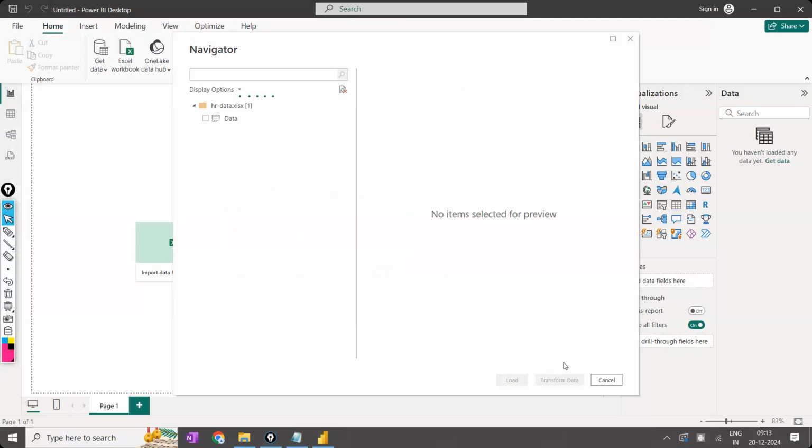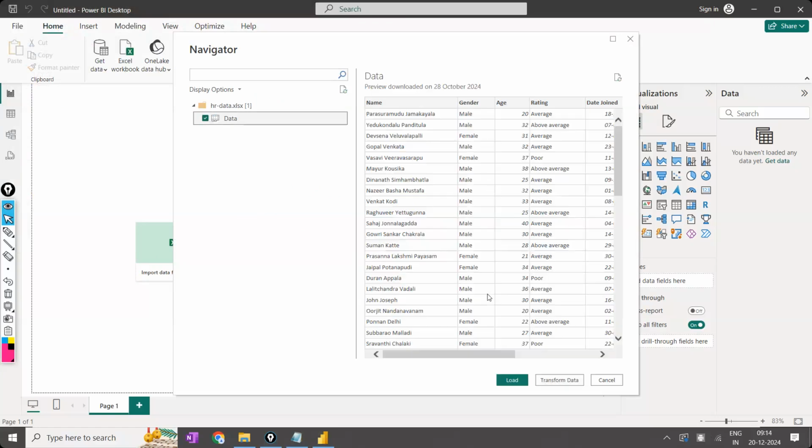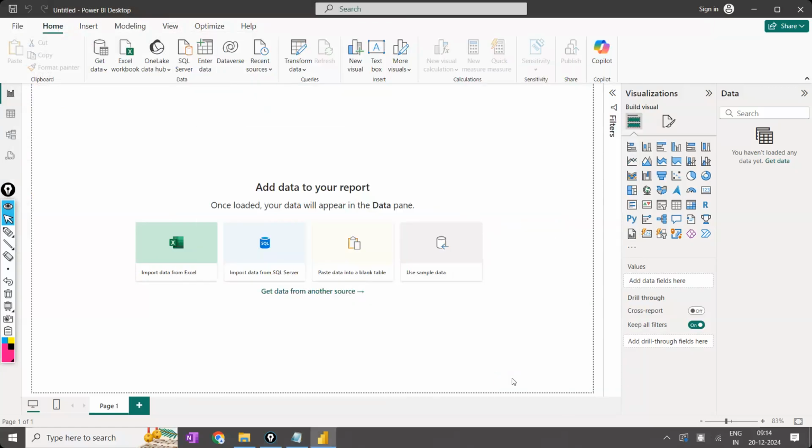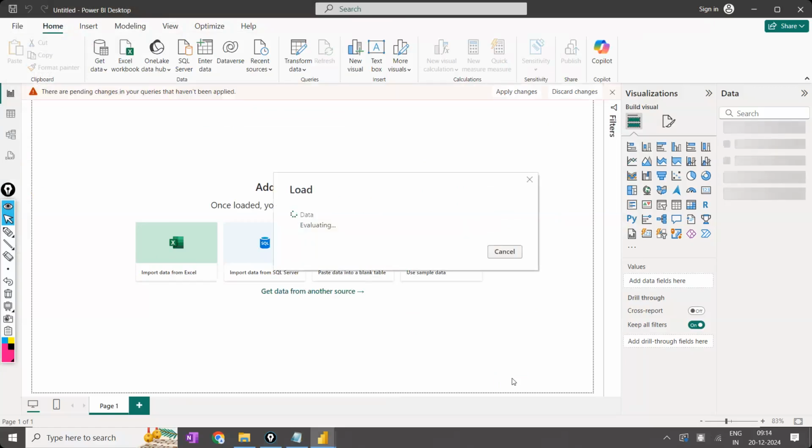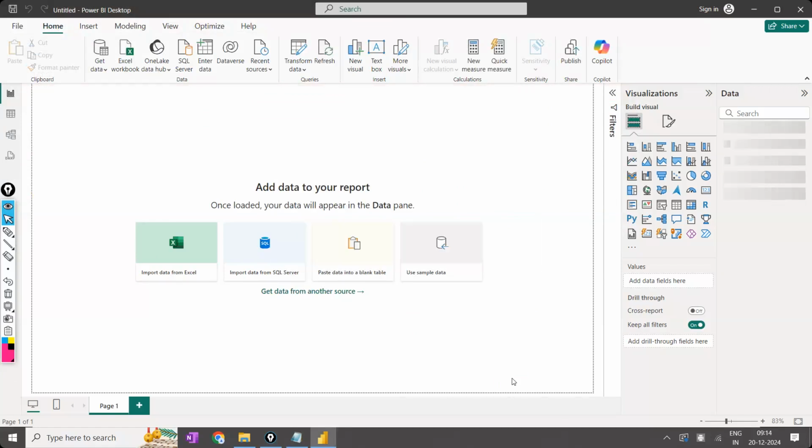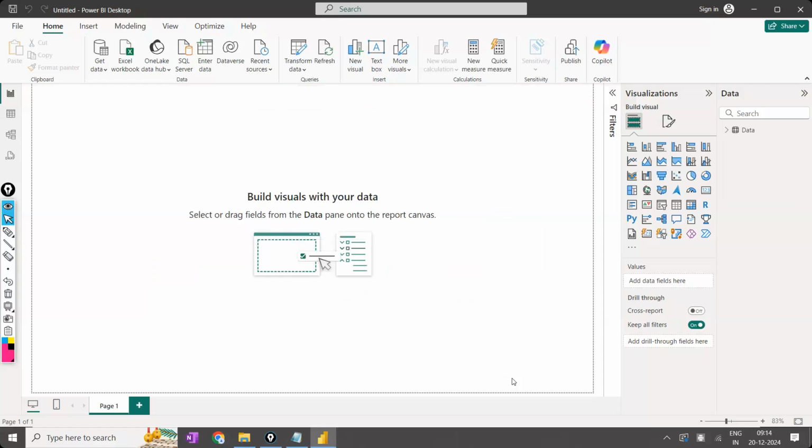For example, if you are loading raw data, meaning unclean data, then you have to click on Transform. In this case, I'm going to click on Load. And once I click on Load, the data will be loaded in this way, right? And once the data was loaded,